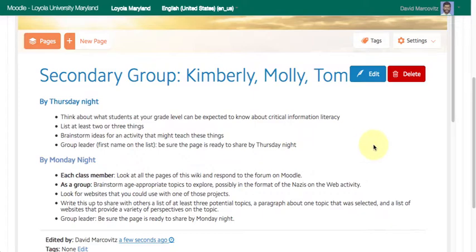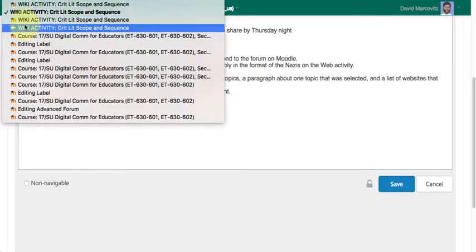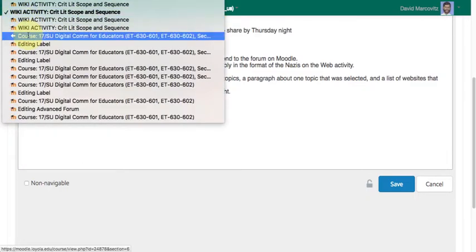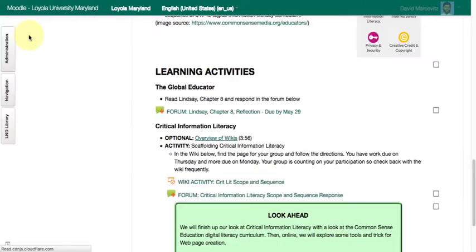So that's basically the way the wiki works, and then when you're done you can go back to Moodle, and you'll see that you also will have something to do in a forum. There's a forum set up in Moodle, and I'm just going to go back to Moodle. Doesn't make it that easy to get back there, and you can see there's a forum, so each individual in the whole class is supposed to look at everybody's wikis and then respond to this forum,